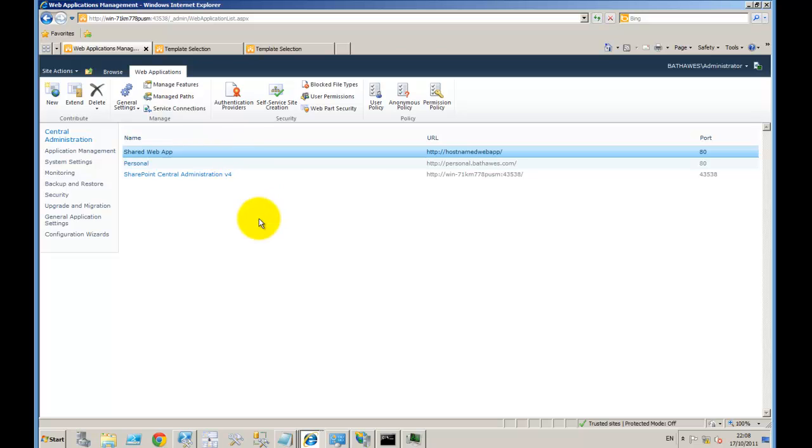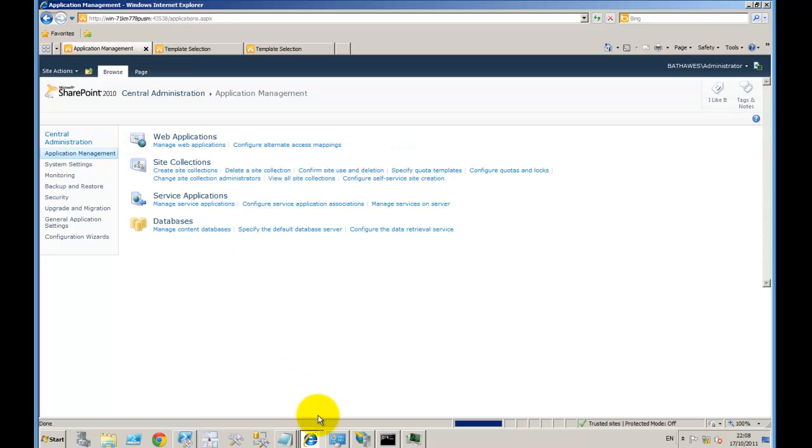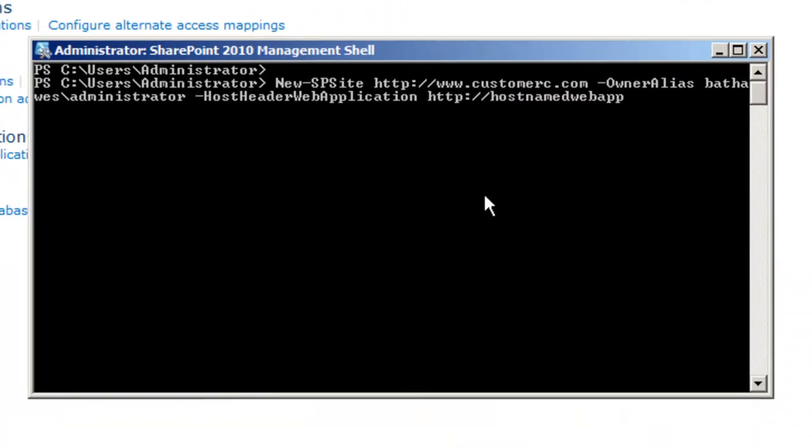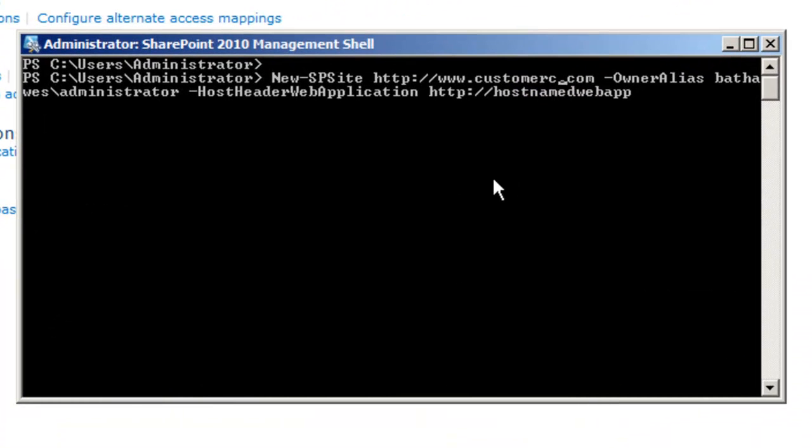There's our shared web app, and I'm going to quickly show you how to create a hostname site collection. So the first point is that you must use PowerShell to do this. There is no interface for doing this to my knowledge. It's fairly simple. You basically just specify New-SPSite, use that cmdlet, specify the URL for your hostname site collection, which in this case is